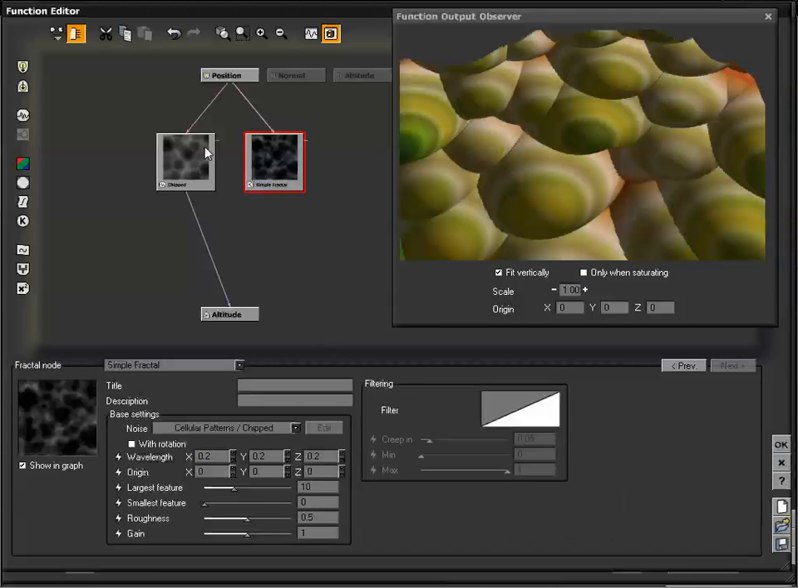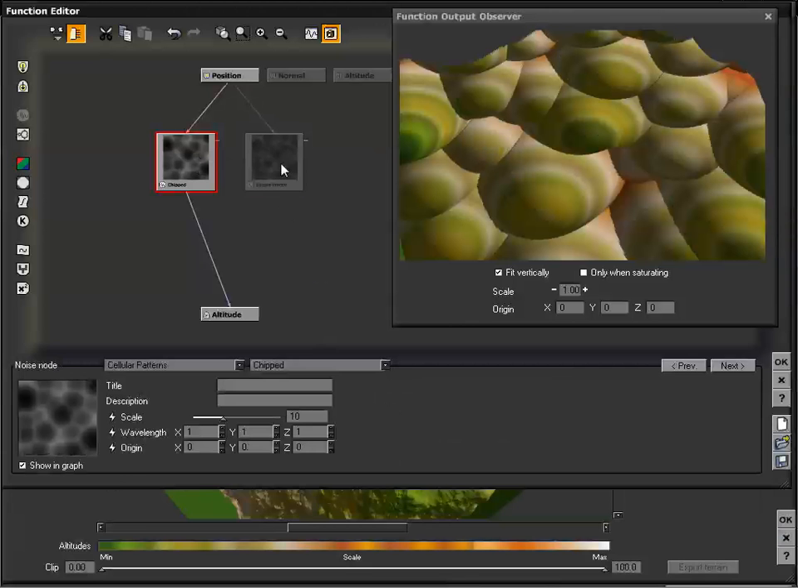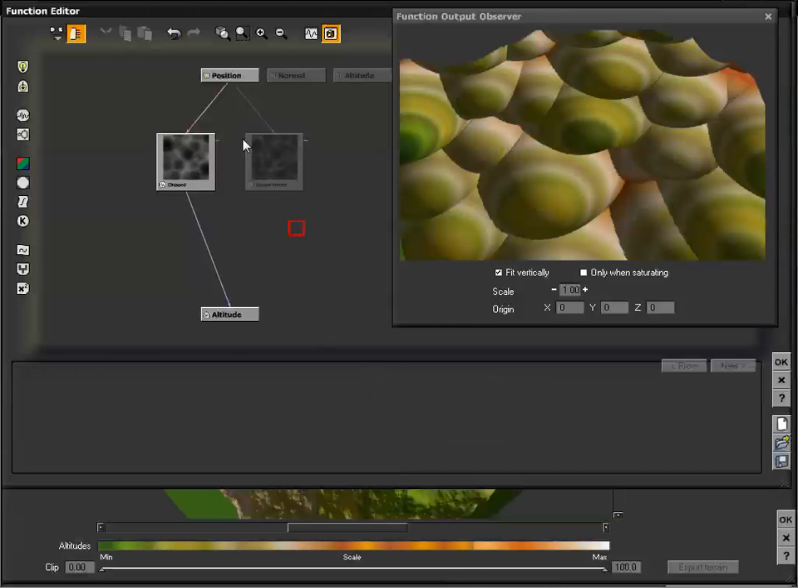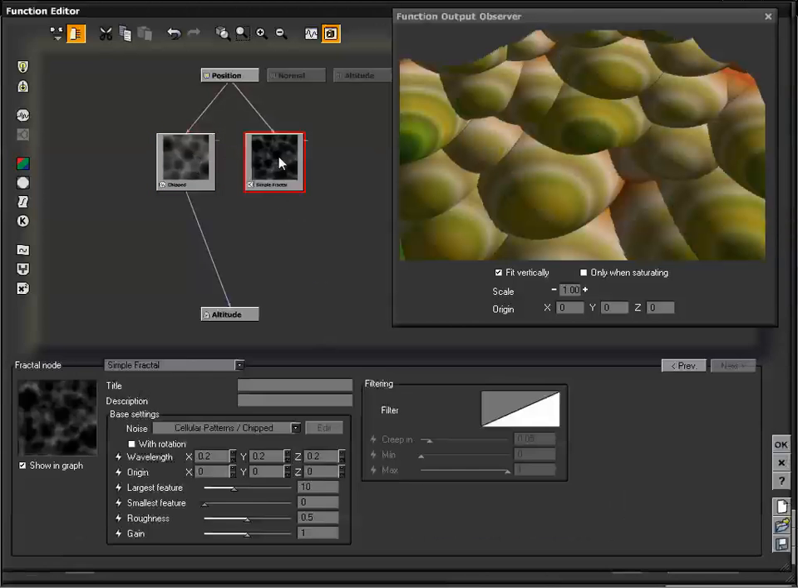And now we're basically the same size for both of these nodes, and we can see the previews of each of them. We can tell immediately, just by the preview, how much extra detail is available within our fractal as opposed to our noise. So if I just grab our connection from our noise node and drag that over to our fractal